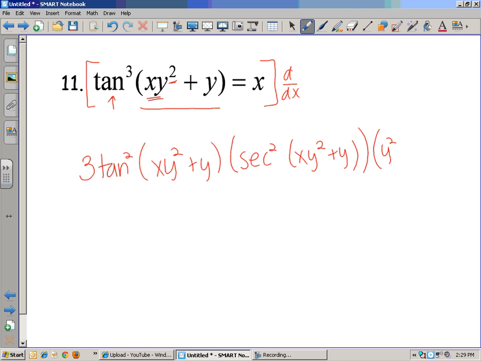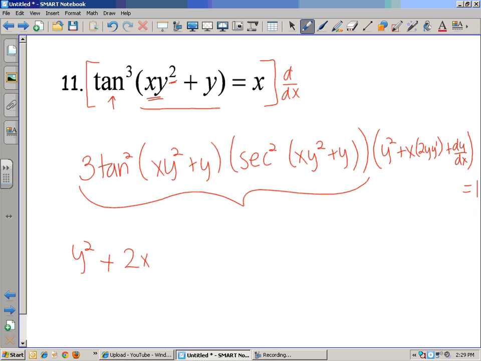So y squared, derivative first times the second, plus the derivative of the second times the first, plus dy/dx equals 1. The derivative of x is there. So, okay. So all of this, which I'm multiplying by, I'm going to throw over to the other side by dividing. So this side now is just y squared plus 2xy dy/dx plus dy/dx is equal to 1 over